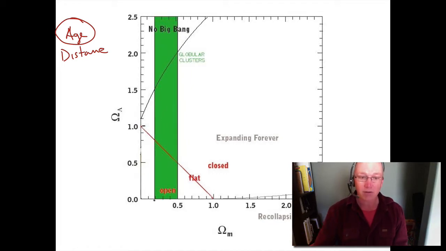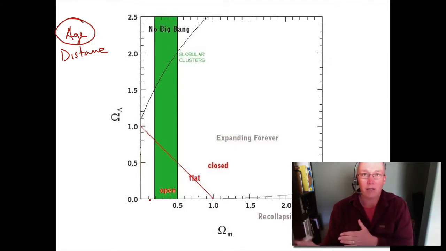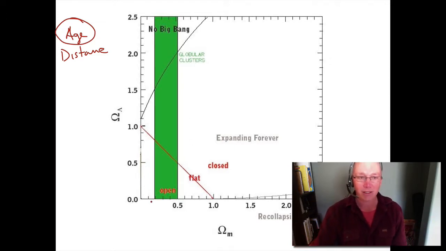The age of the universe tells us whether we're in an accelerating universe. If it happened further back in time than we think, we're in an accelerating universe. If it happened closer than we think, we're in a non-accelerating universe. This gives us a range of dark matter, basically how much dark matter there is to hold back this accelerating or expanding universe.